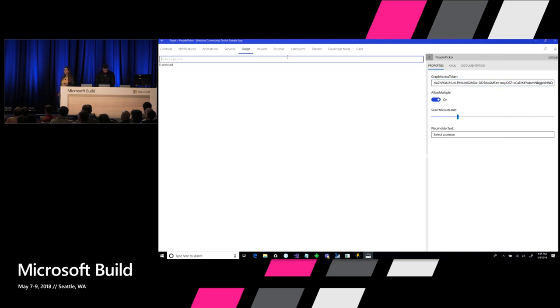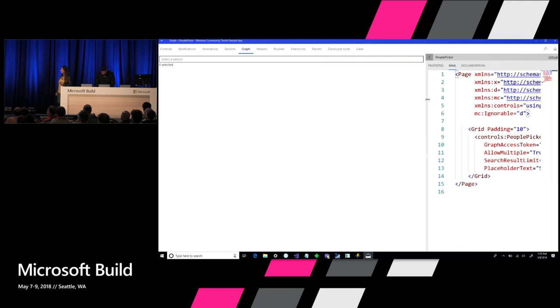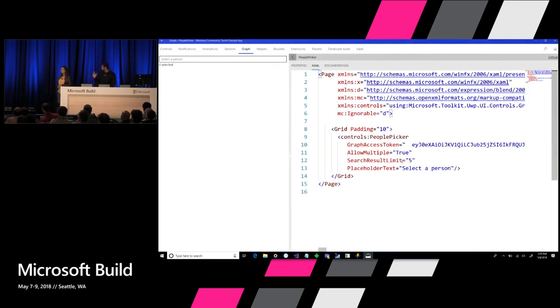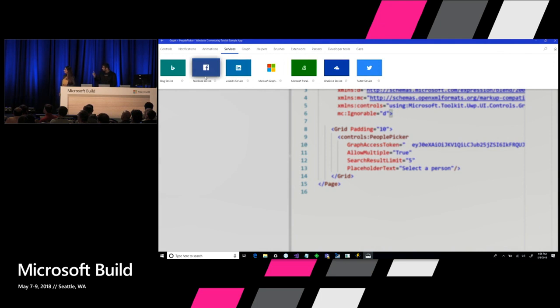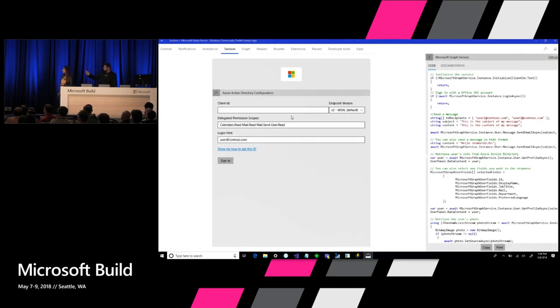So for example, if I want to, let's pick this person, Grady, maybe pick one more. Let's try the XAML. So you just put this in your application, and out of the box, you're integrated with Microsoft Graph. And we have these services too, so you can connect with different services. For example, in this case, you can connect with Microsoft Graph. You just need to provide your client ID,